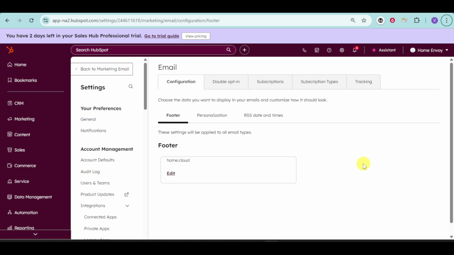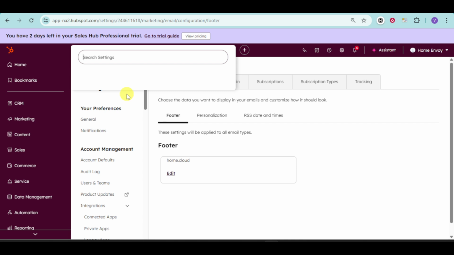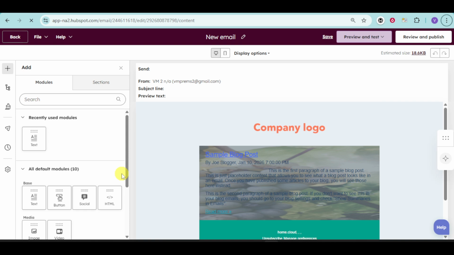So here it is right here. You can head over to the configuration and edit in here the data that you want. Alternatively, you can also click onto the search bar right here and search right here for approval. Once you have done this, you can head over and then turn back into the email that you want